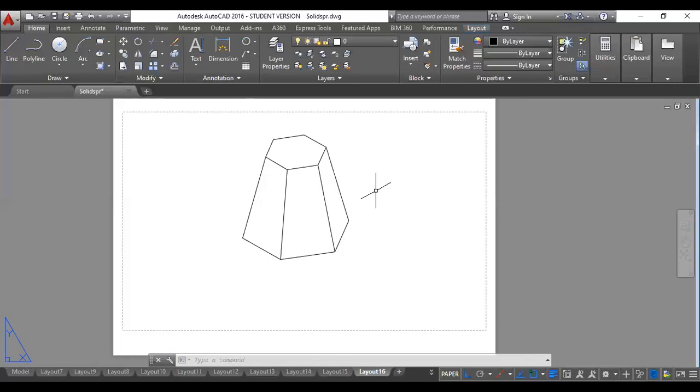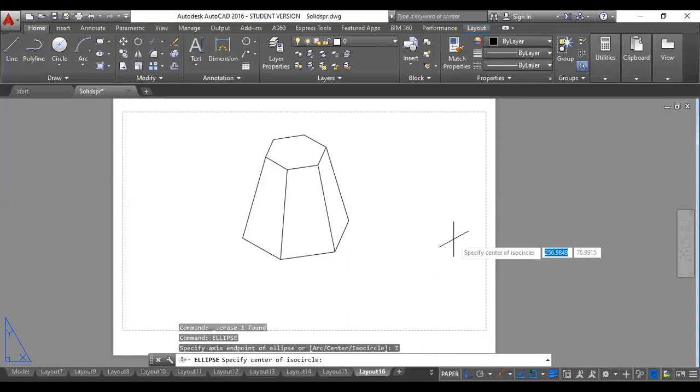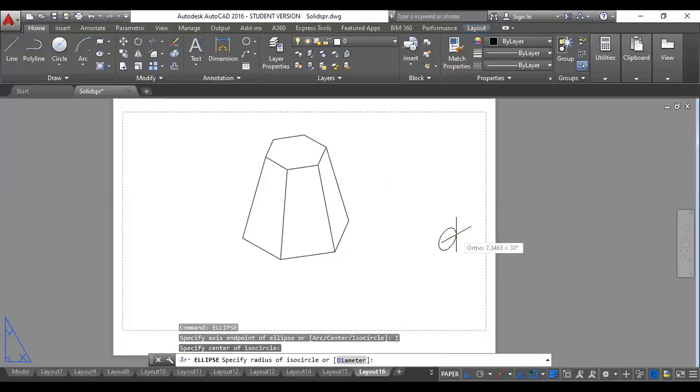That's it. To draw the ellipse, we have to use the ellipse command, ELL, press enter. Don't forget to select isocircle here, very important. Click on isocircle, then click wherever you want to draw the cylinder. I'll click here. I can see here the cylinder is coming on the iso right plane. As I said, the cylinder is going to rest horizontally, so I have to draw it either in the iso right plane or iso left plane. I cannot draw it in the top plane. If I draw it in the top plane, the cylinder will become vertical. I'll show that also. So let us first draw it horizontal.